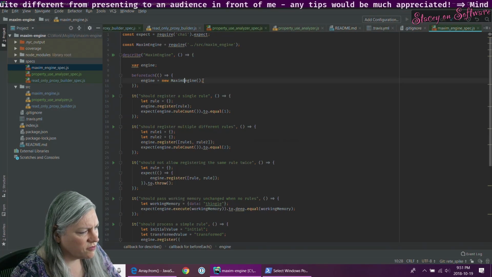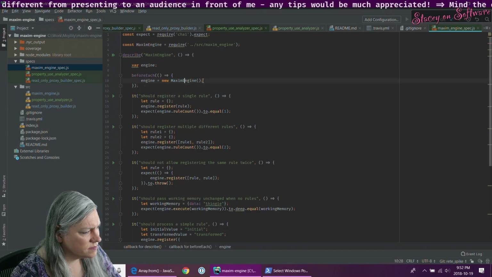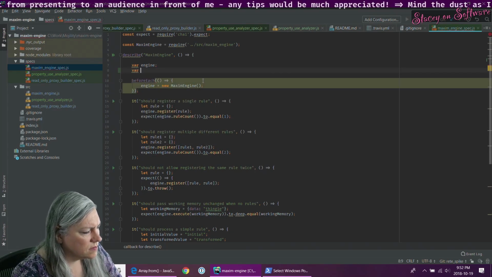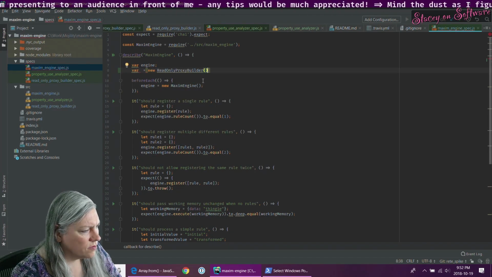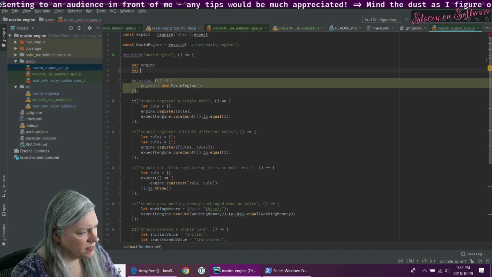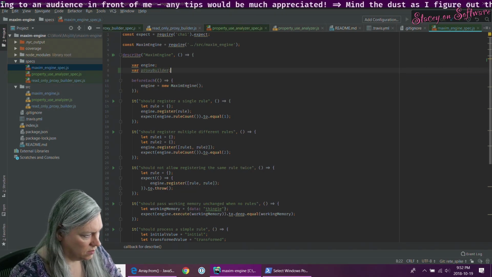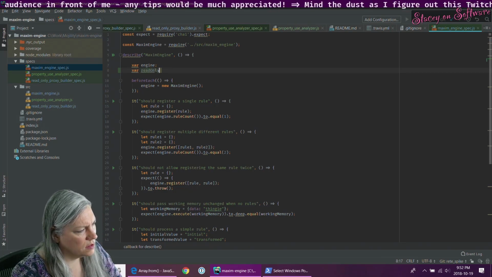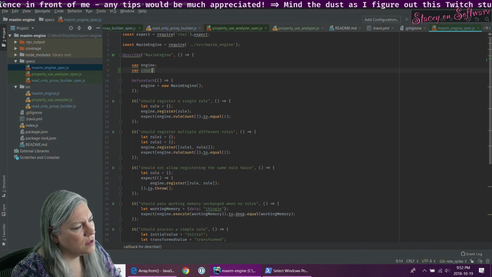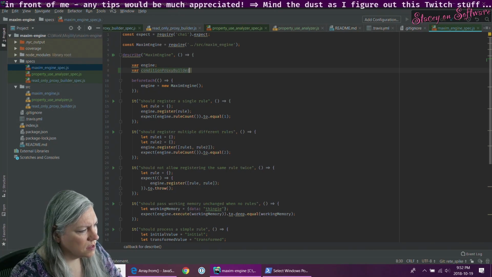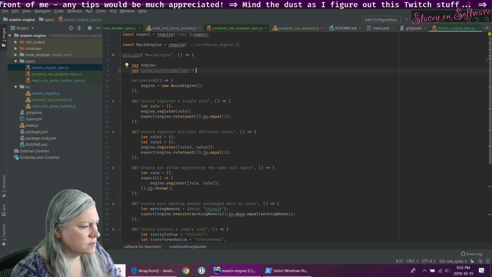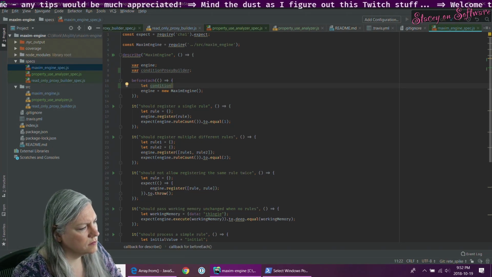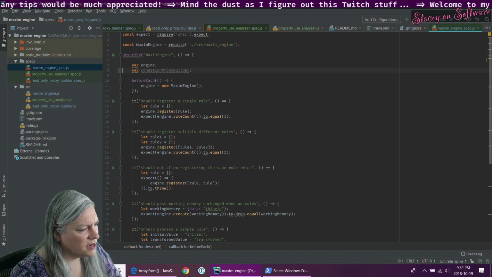So when I create myself a new Maxim-Engine, only proxy builder. Reaching inside it here.